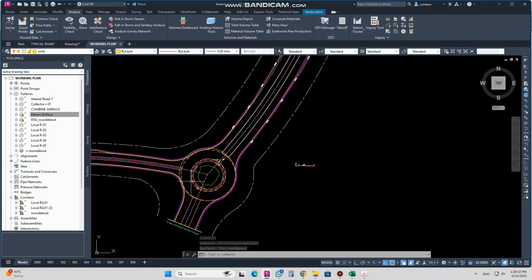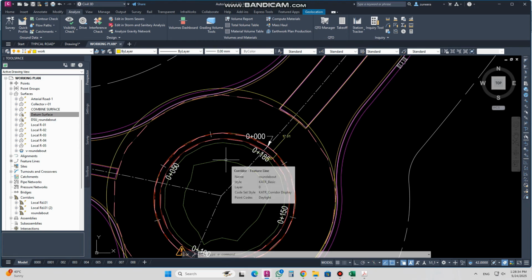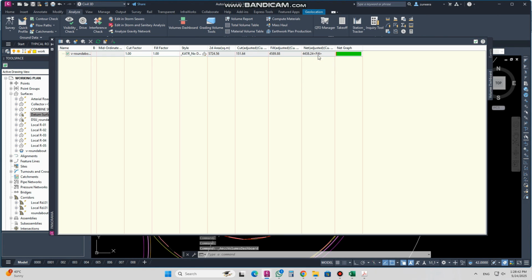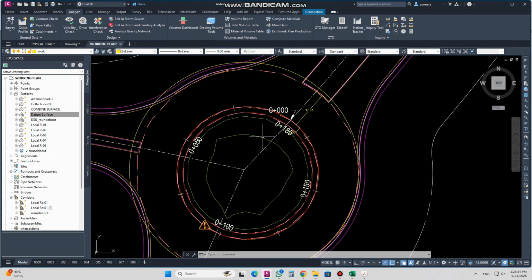Now if you want to create the section for this roundabout, you must create the simple line. The one method we created here, the cut fill volume, and the cross section volume will be different from it because it's surface to surface volume, and the cross section we will